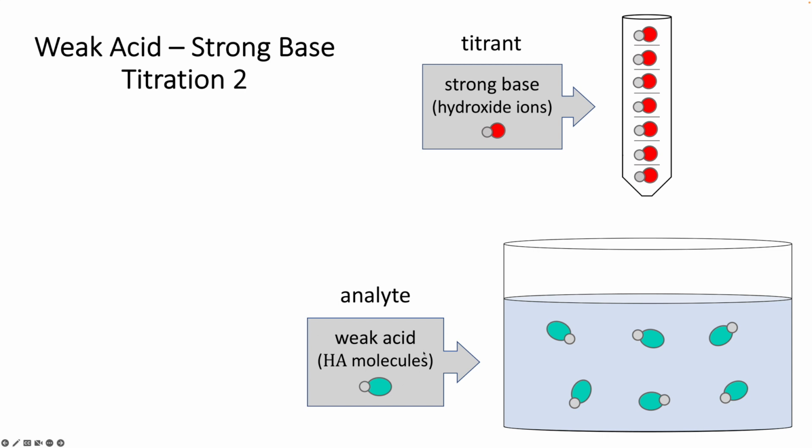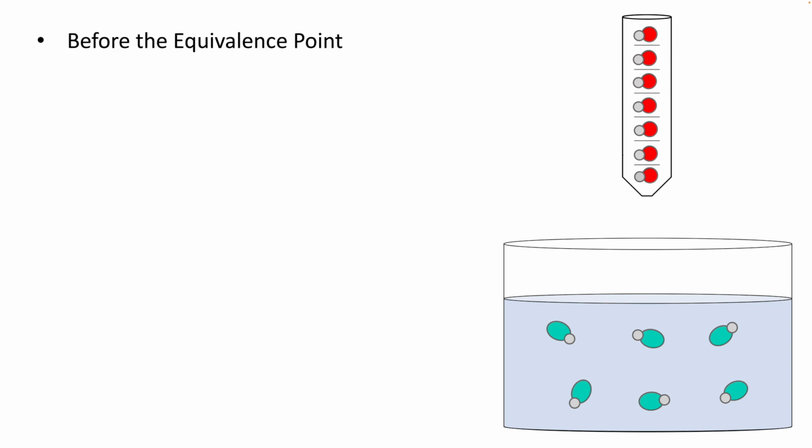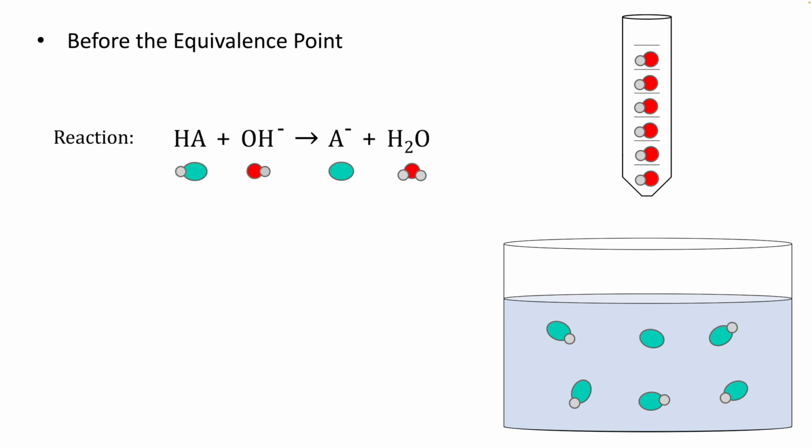We're titrating a weak acid with a strong base. And we're only going to show, in general, the predominant species in the solution. So when we start out, the predominant species, the high concentration species, is HA. And as a recap before the equivalence point, when the strong base hydroxide is added to the weak acid HA, it undergoes a reaction to make A-, the conjugate base of HA, and H2O. So essentially HA molecules are being converted into A- ions, and as the titration continues,